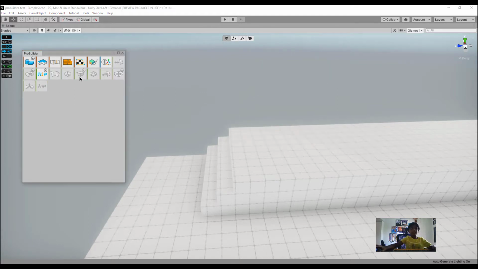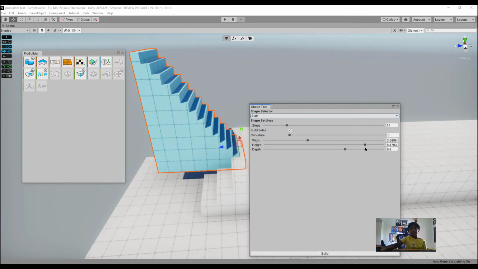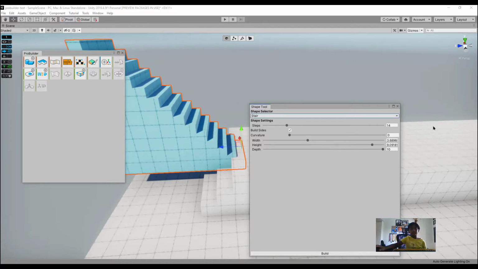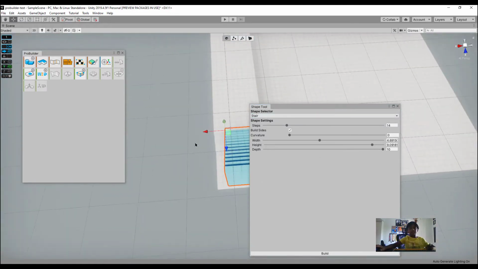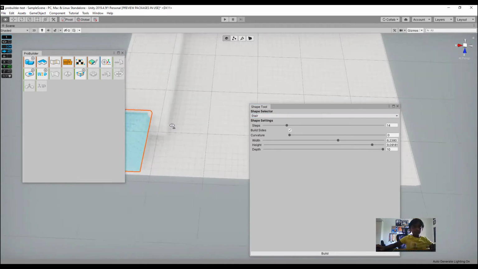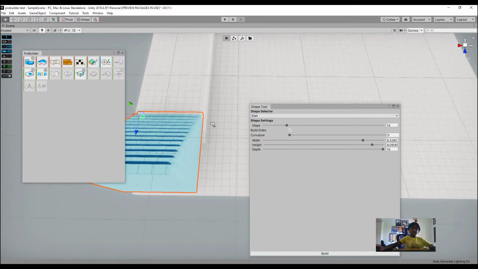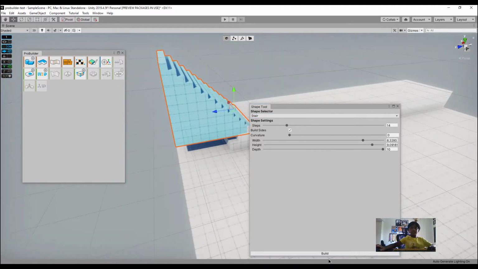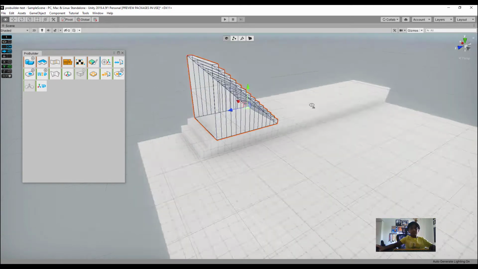I need to do an extra thing. We can just make the steps go down a bit. Yeah, this looks good. And the height go up, and the depth can go a bit like that. Width, I'm gonna position this here, and we'll just make the width a bit bigger. Yeah, I think that's cool. That's really cool. And then we can just select build, and we move it a bit here,